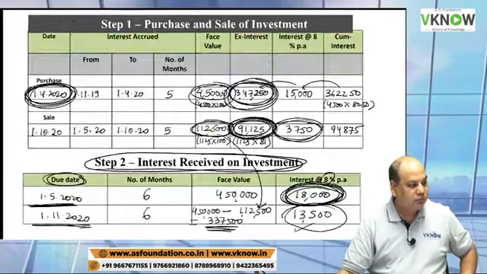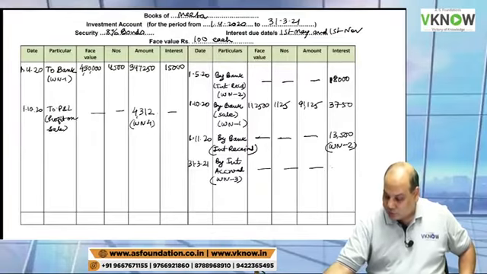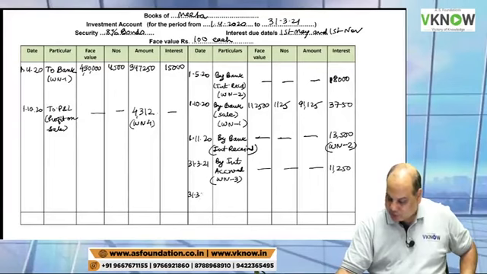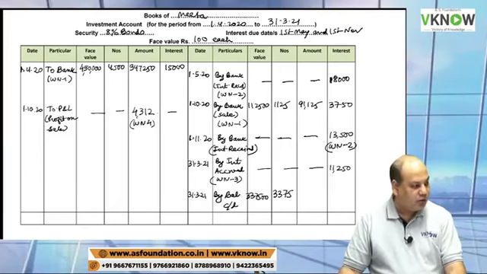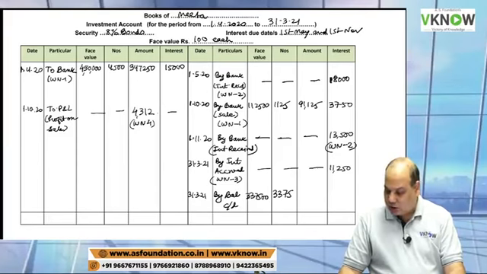11,250. One last line, 31st March 21, by balance carried down. So we have 3375 units left. 337500, and the amount is